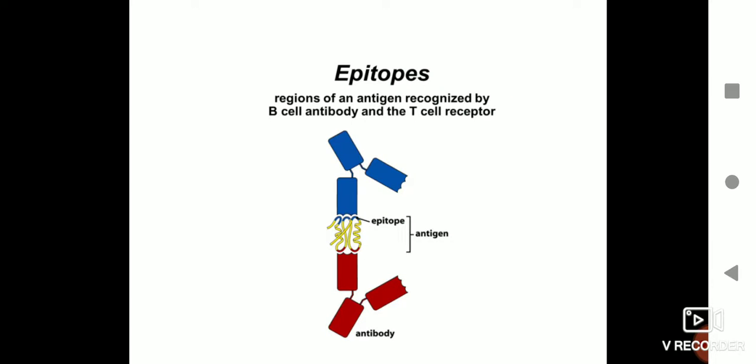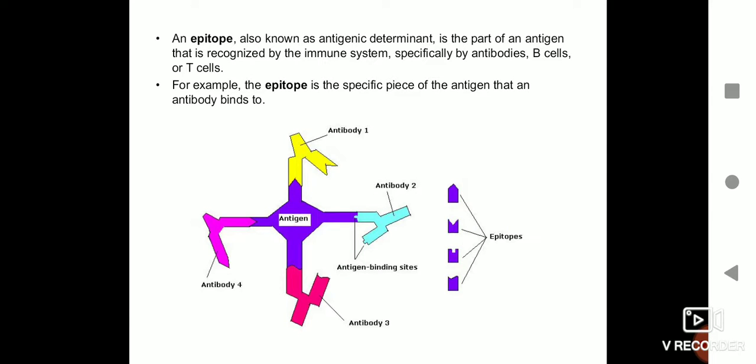So that was about B cell receptors. Then epitopes, you already know, are the molecules which are recognized by T cells and bound to it. So there are different types of epitopes. Each epitope will be recognized by a different T cell receptor or a B cell receptor. Epitope is also known as an antigenic determinant. It is basically a part of an antigen which is recognized by our immune system. It can be recognized by BCR, it can be recognized by TCR, both.